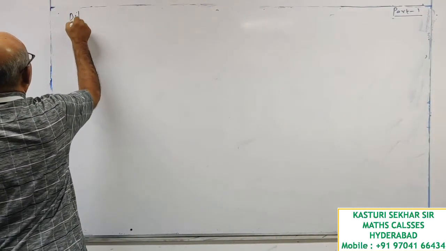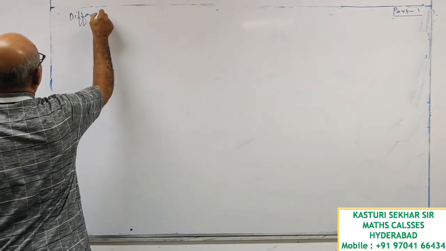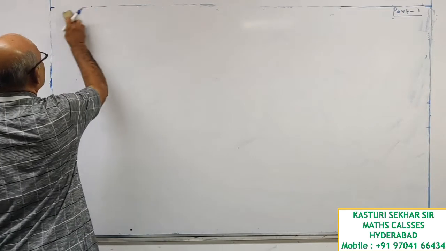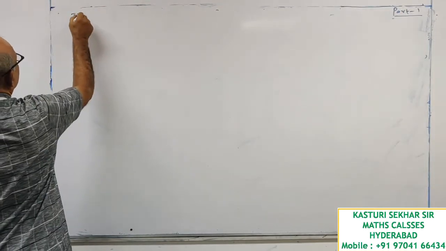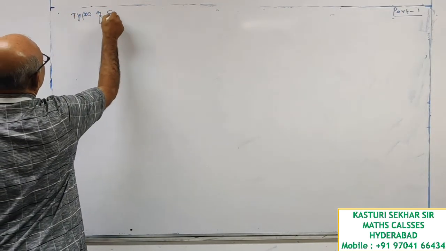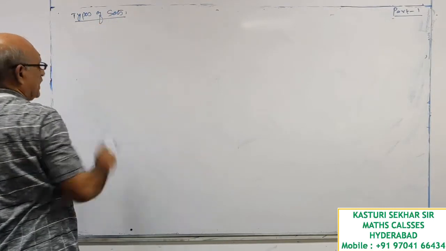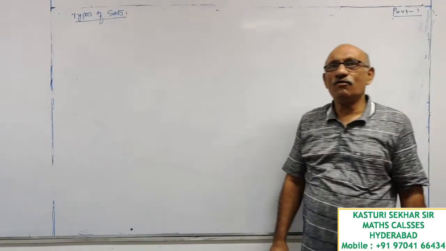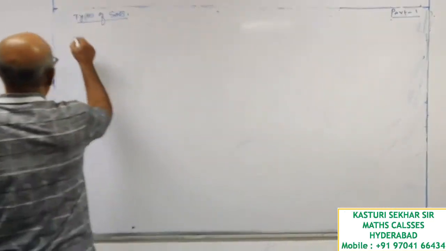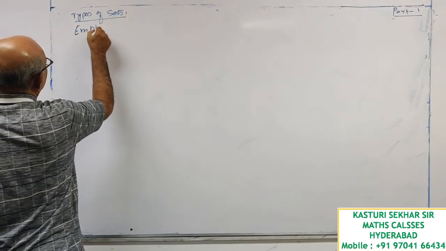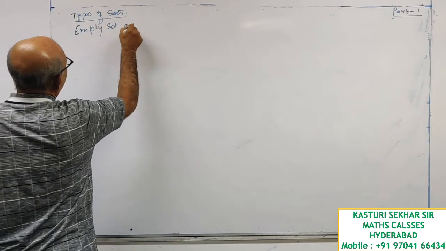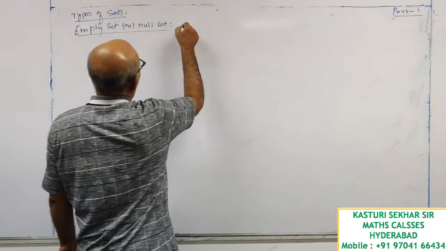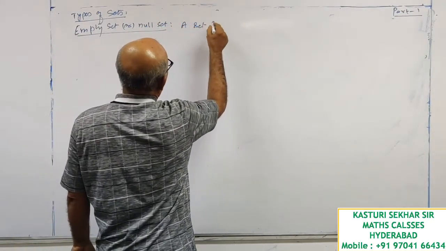Different types of sets, or simply types of sets, you can say. Types of sets. First one is empty set or null set. A set without any element